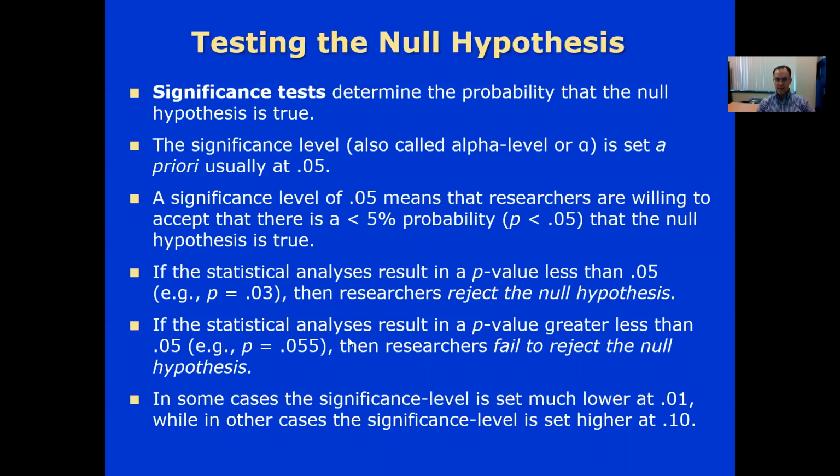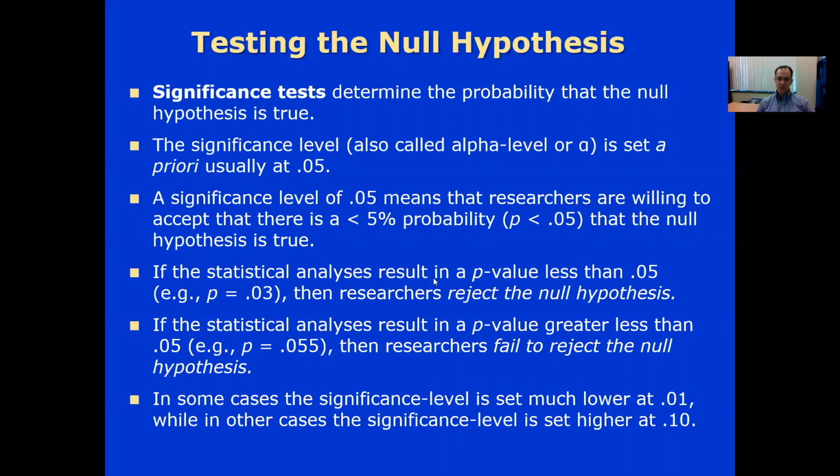Or if it's more than 0.05, then you would fail to reject the null hypothesis, and you would be unsure whether the differences, if you did see them, were due to chance or to the intervention. So in this particular case, you would say there is a statistically significant difference. In this particular case, you would indicate that there is no difference between the two because it's greater than